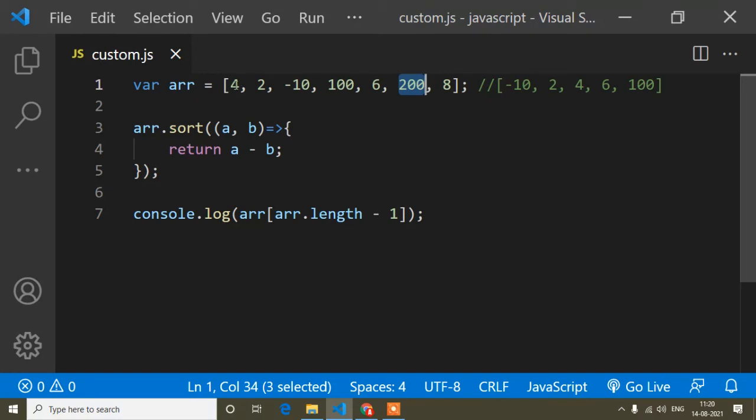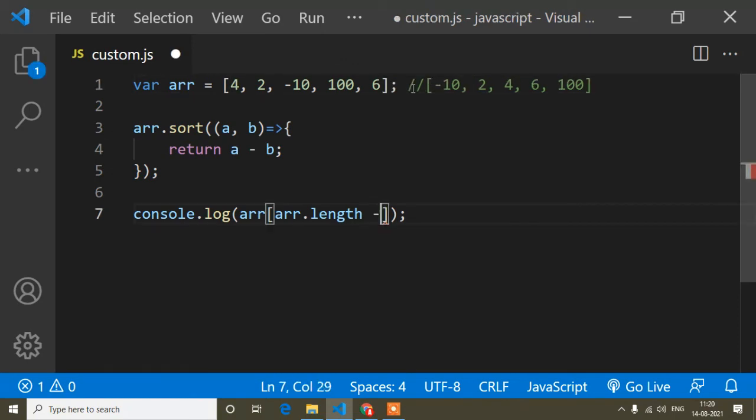My viewer actually asked me what will be the maximum multiplication in the array. Maximum multiplication means, after sorting, the maximum value is 100, the last one, right? So what will be the multiplication of the maximum two values? First, this 100 is the maximum one, and then 6.